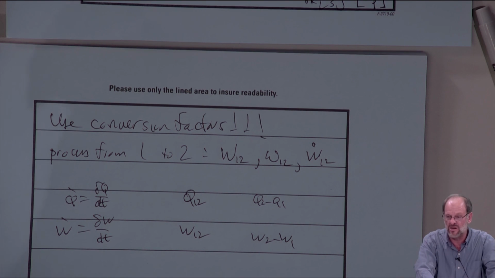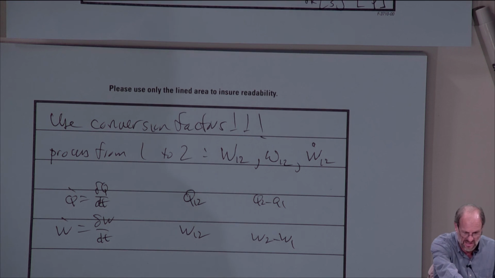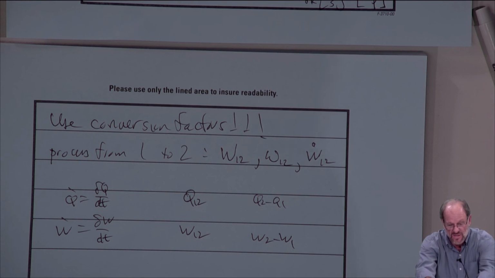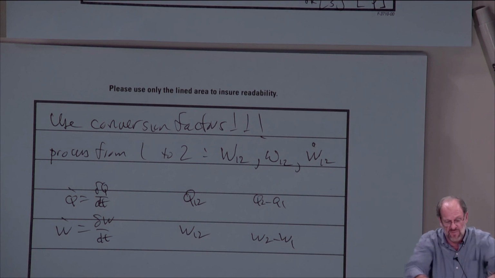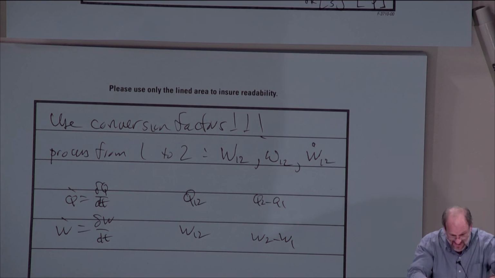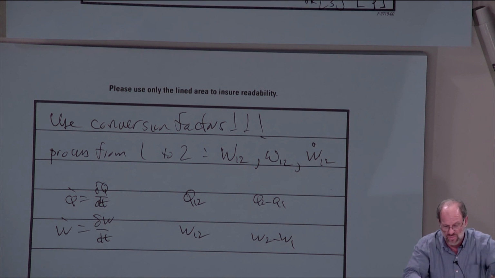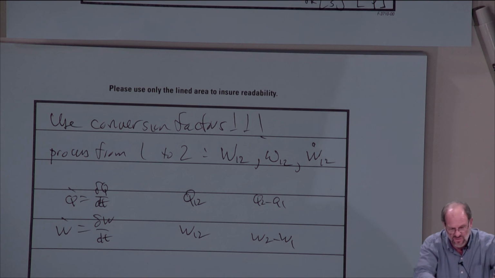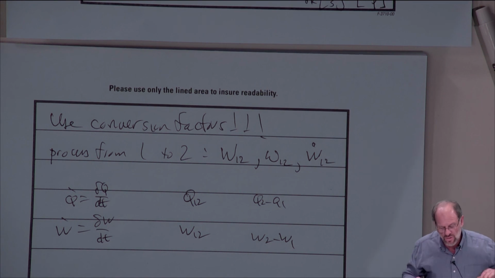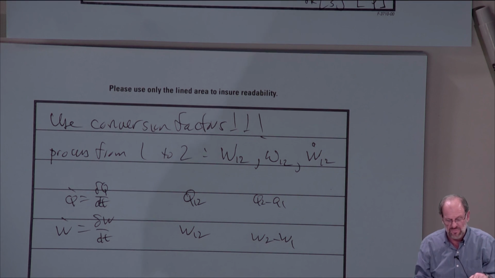I can start here. This is my initial property, my initial state. And I could actually move this thing in a big arc and end up at the same state point too. But it took me a lot more force over a much larger distance. The work clearly depends upon the path I take, right? I have the same thermodynamic state. I start at point 1, I end at point 2, but I have 2 possible different paths. So it should be pretty clear, just based on this one example, that work is a path function.